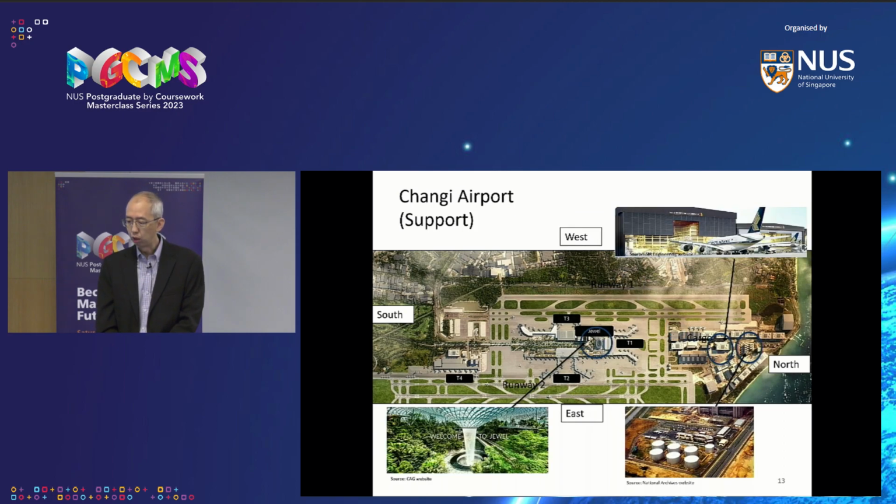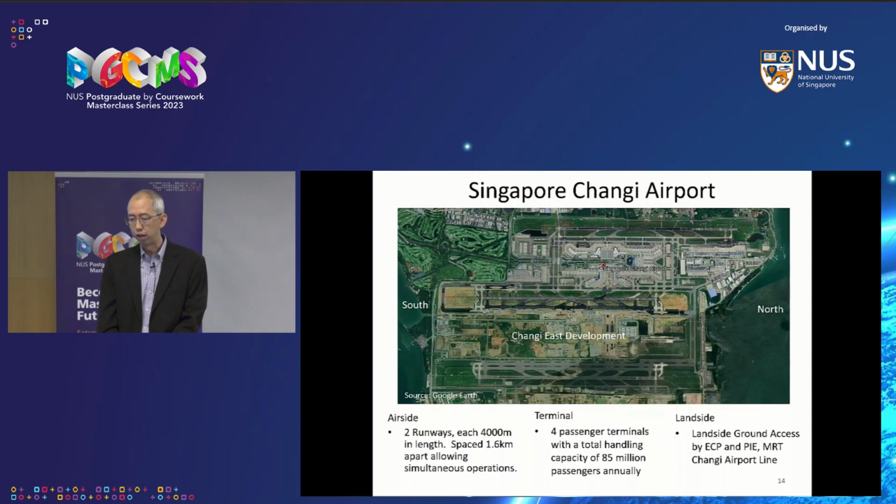Other support facilities include the fuel farm, which you can see on the bottom right-hand corner. Obviously, it's a sensitive facility, so I had to use a very, very old picture that I pulled up from the National Archives. And then we also have a lot of maintenance hangars. SIA Engineering has I think, 5 hangars at Changi, and you can see them located on the right-hand side of the picture. And then Jewel, officially Jewel is known as a multi-use aviation complex, so I put it under support facilities, although you could consider it as part of Terminal 1 as well.